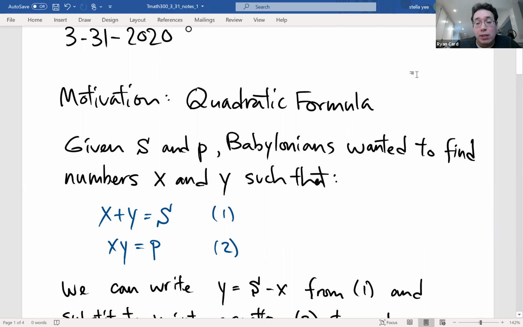The first known entity that really studied this quadratic formula problem was the Babylonians. How they phrased it is a little bit different from how we usually phrase our quadratic formula problem, so let's go through that. For them, it was more of a geometric problem. So let's say that we have a rectangular field